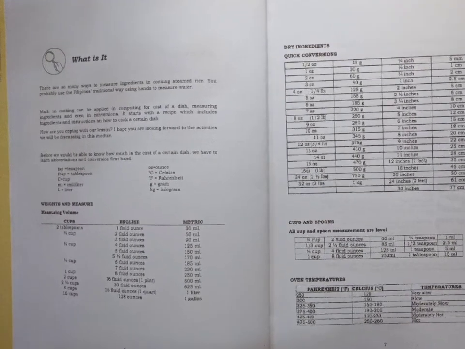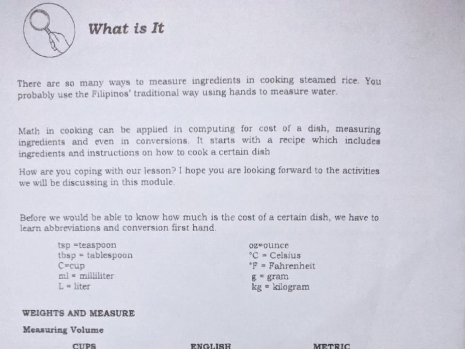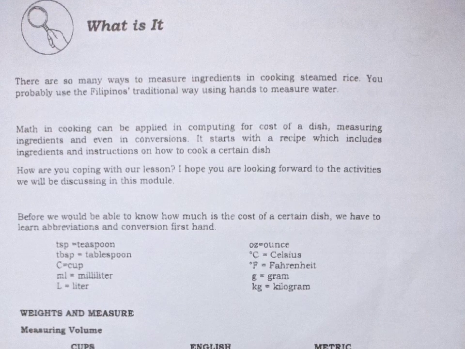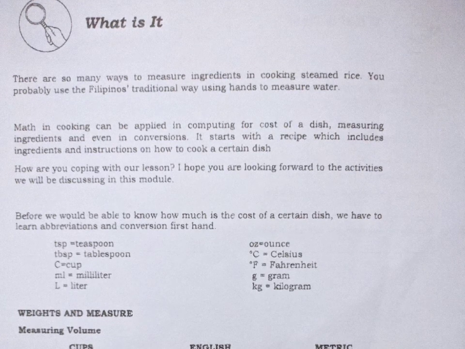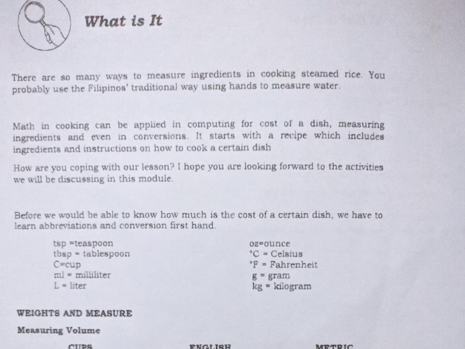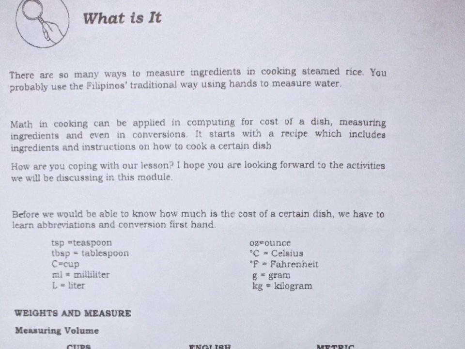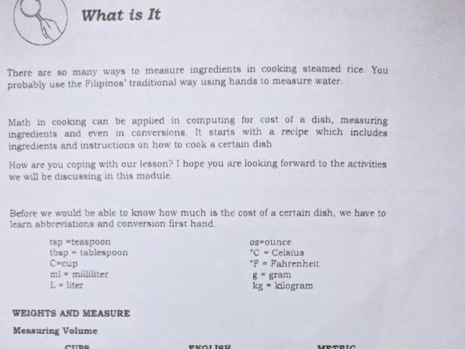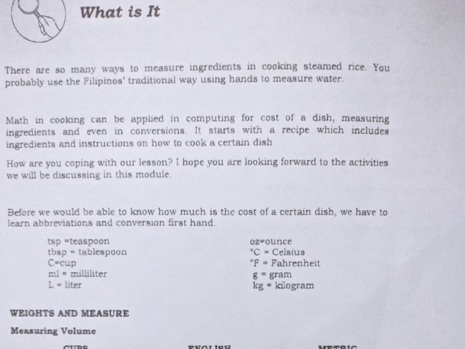What is it? There are so many ways to measure ingredients in cooking steamed rice. You probably use the Filipinos' traditional way, using hands to measure water. Math in cooking can be applied in computing the cost of a dish, measuring ingredients, and even in conversions. It starts with a recipe which includes ingredients and instructions on how to cook a certain dish. Before we would be able to know how much is the cost of a certain dish, we have to learn